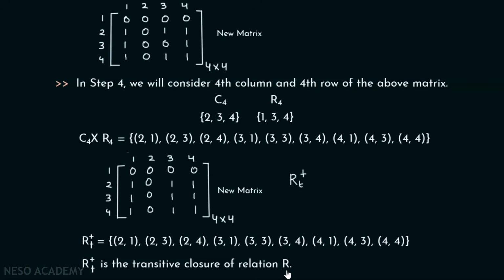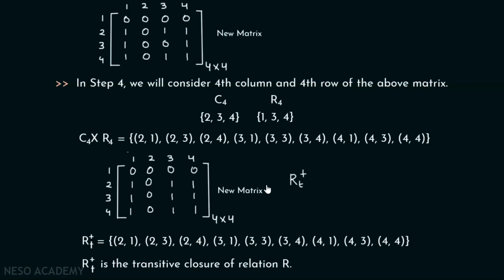According to Warshall's algorithm, first you have to represent your relation R in matrix form. And then you have to see how many elements are there in particular set on which that relation is defined. Okay. As you can see in this particular example, we have set A, and in set A, we have 4 elements, 1, 2, 3, 4. As there are 4 elements in set A, therefore 4 steps are required in order to find the transitive closure of relation R. Right? This is according to Warshall's algorithm.